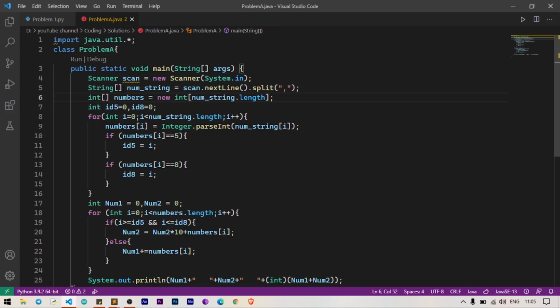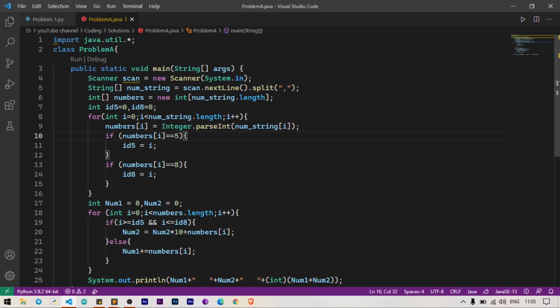Let's see that. We declare an int array numbers with the length of the num string. Next we are declaring id5 and id8 as 0 0. So we are iterating from 0 to the length of the num string, and for each string value present inside this num string, we are converting into int and storing in numbers at the ith index.